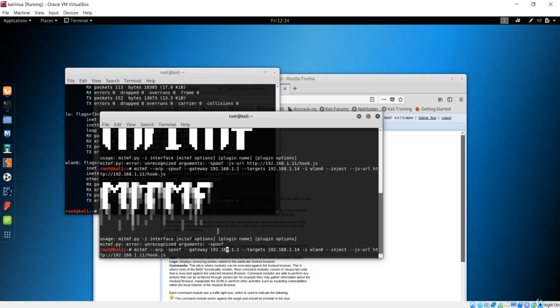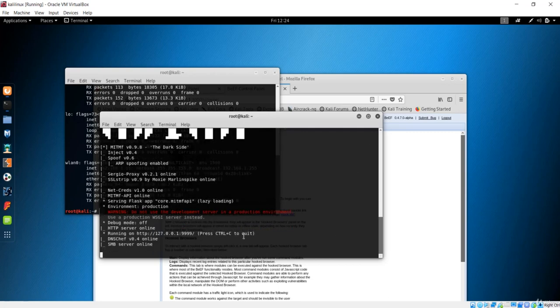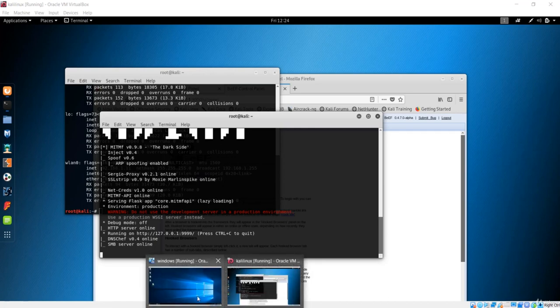So let's go one more time. Let's hit enter. Now our man in the middle is running, but now we have to go to the client side, and now